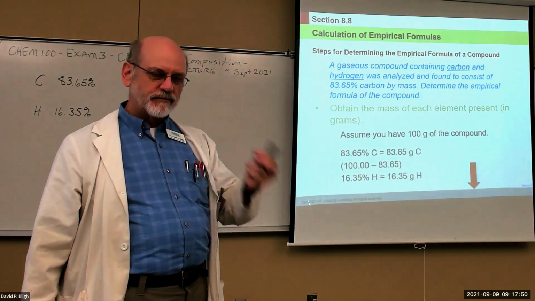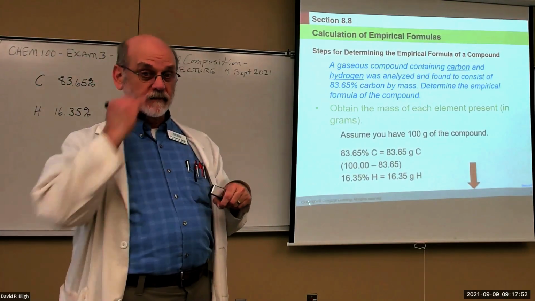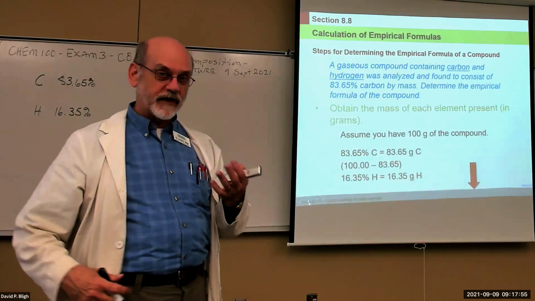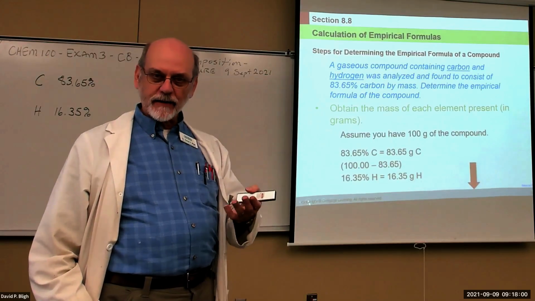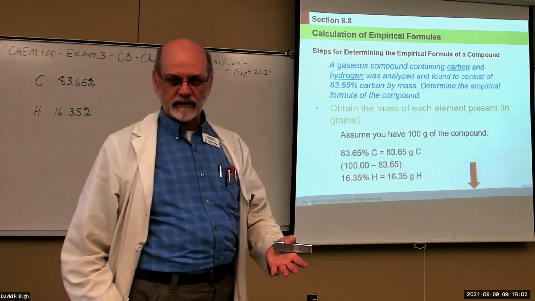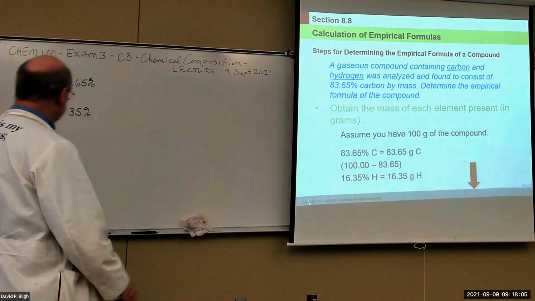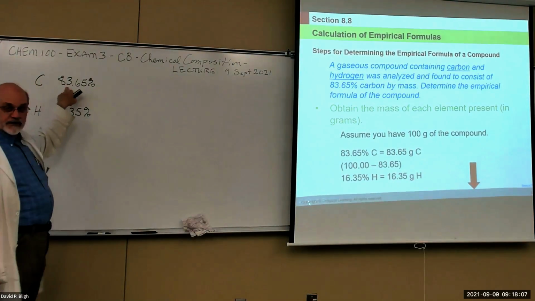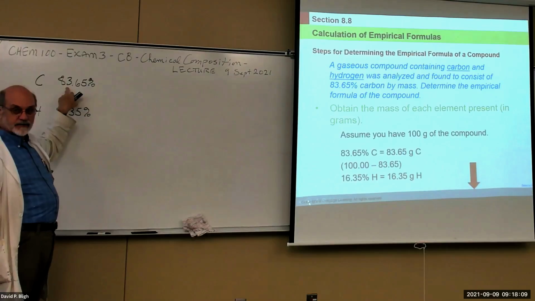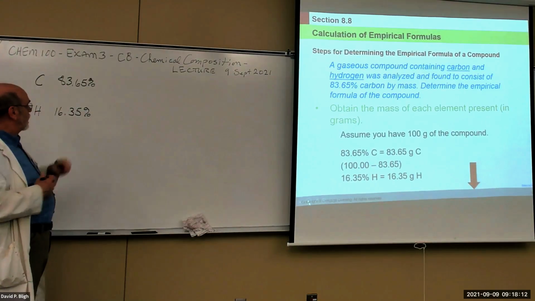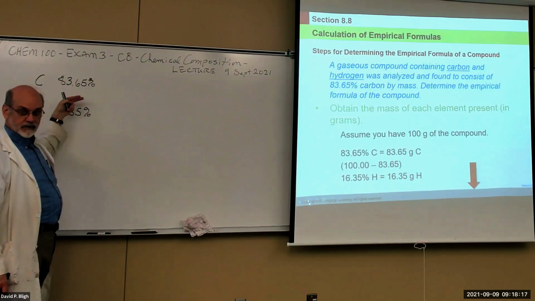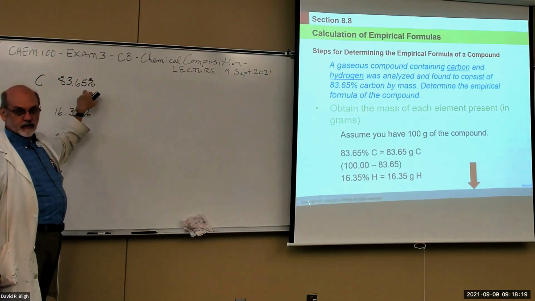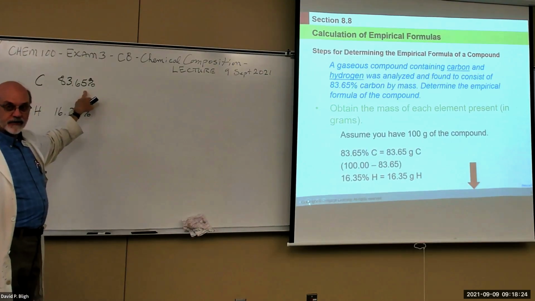All it says is parts per 100. If you happen to know what they mean by parts, in this case, we mean grams. Grams per 100 grams of sample. So that means that this is 83.65 grams of carbon per 100 grams of sample. We can't use that to determine the ratio of atoms because there are no units there that we can convert. But if we assume the sample is 100 grams,